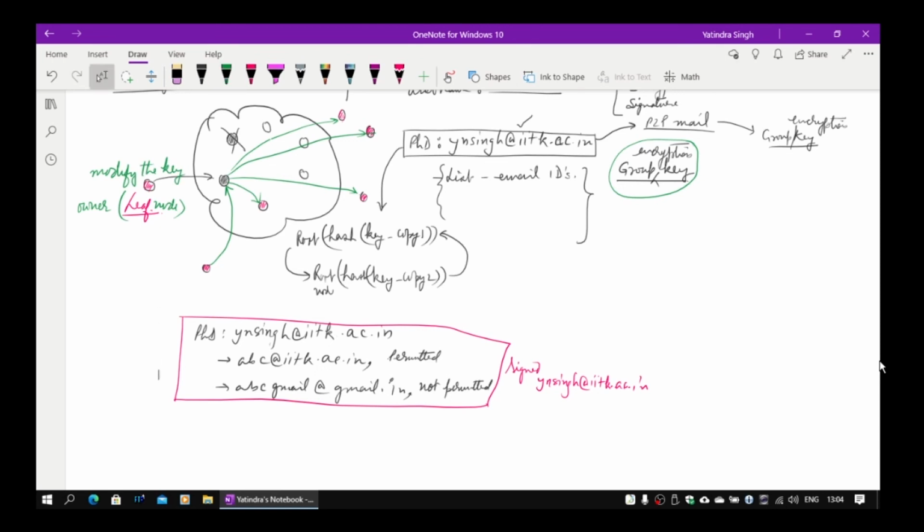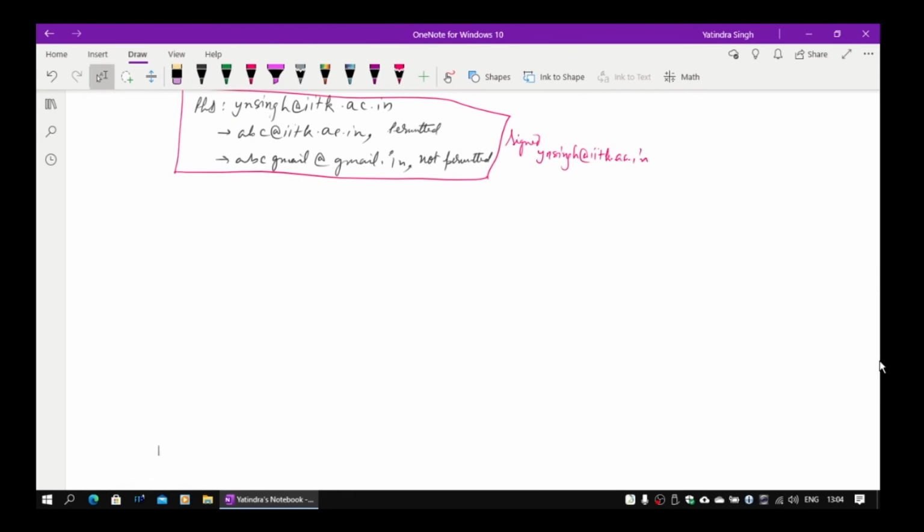Now the problem we will face here is, so far the number is small, say 50 or 100 at best, this mechanism is going to be fine. But suppose in IIT Kanpur, for example, I have to send a mail to all at list.iitk.